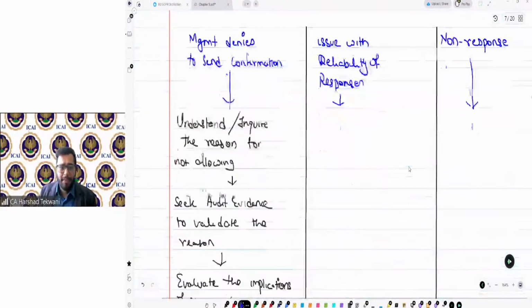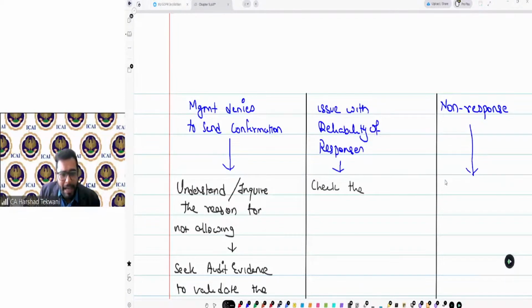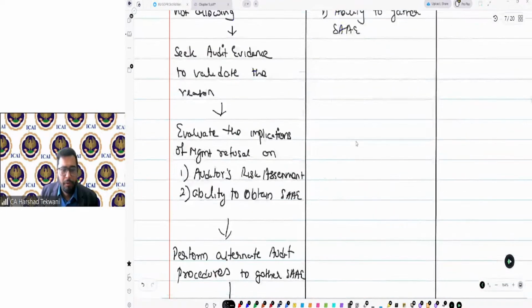So in both cases, whether there is an issue on the reliability of the response or there is a non-response, first of all, check the implications on risk assessment, second, on the ability to gather sufficient and appropriate audit evidence. Then, on the basis of that, you perform additional procedures.